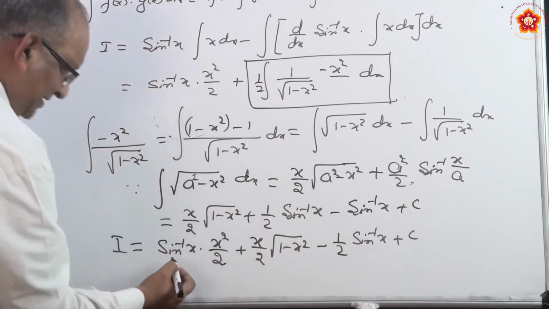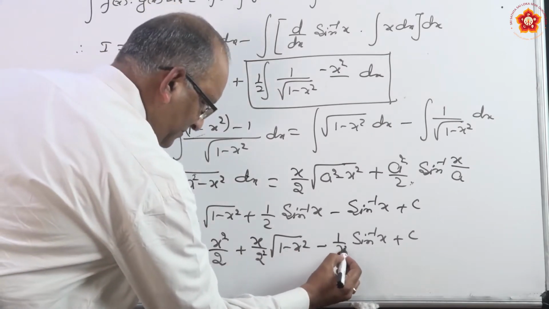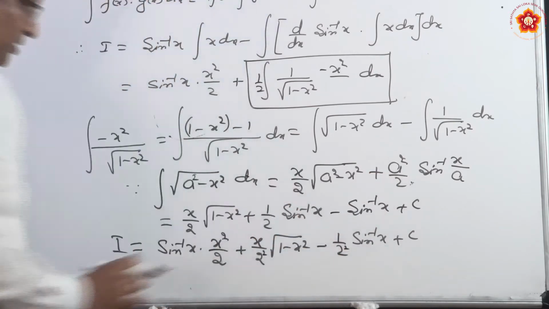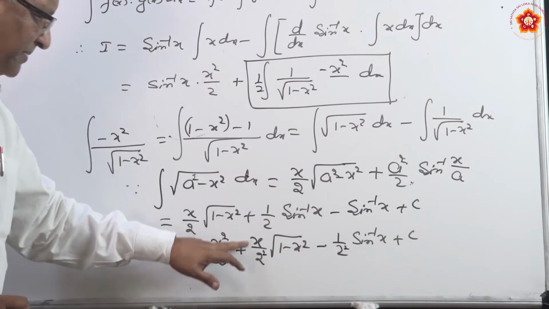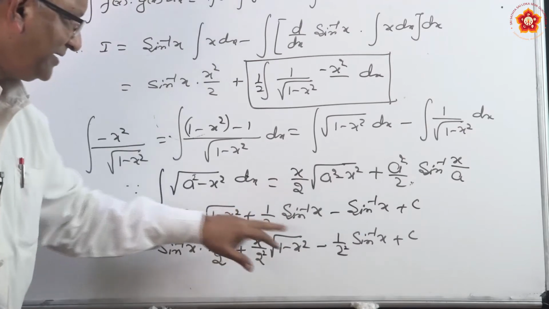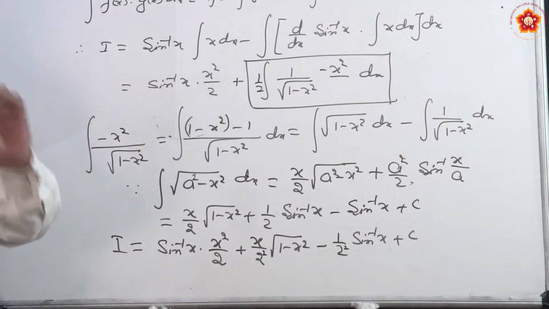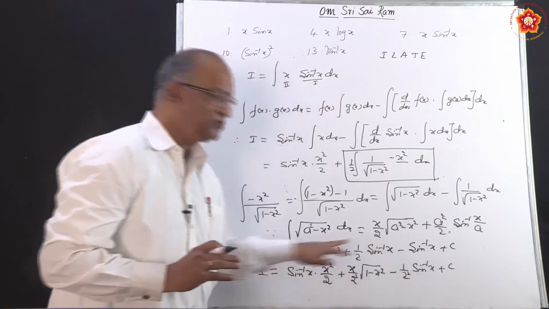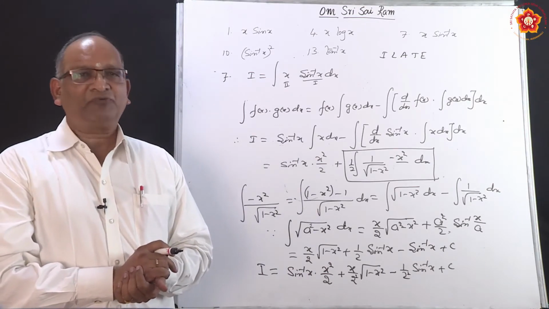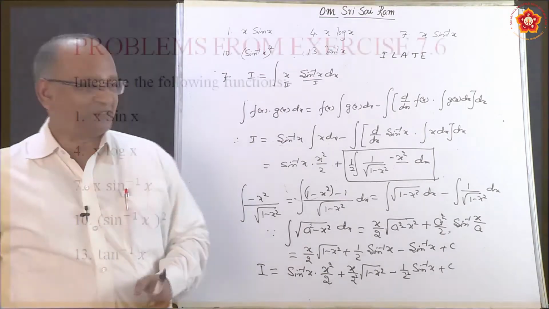So this remains as it is. This will become 2 square, and this also will become 2 square. This particular one, x square by 2, we have multiplied this with 2. So it became x square by 4, and then this we have simplified, so it became this. Just club the things, you will get the answer. Just one more step. Only club these two values together, you get the required answer. So this is how we are able to find the product of inverse trigonometric functions. Let us proceed.